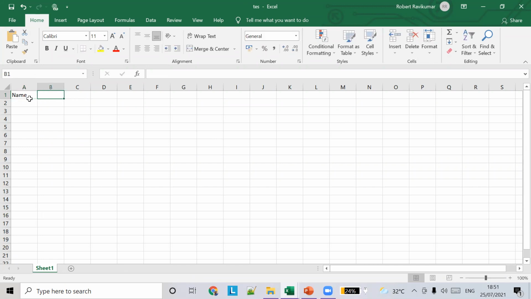Someone has noted something, and we can give the donation amount.